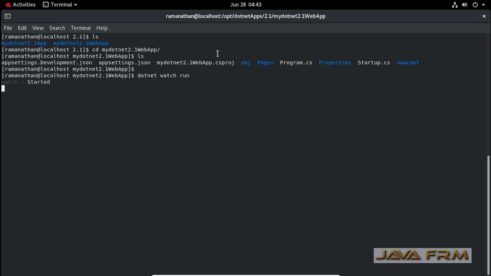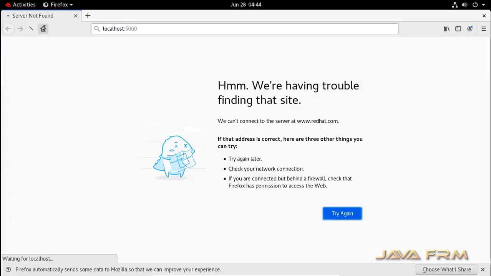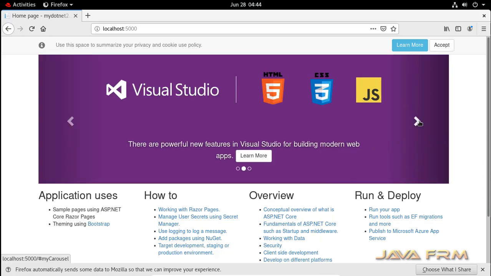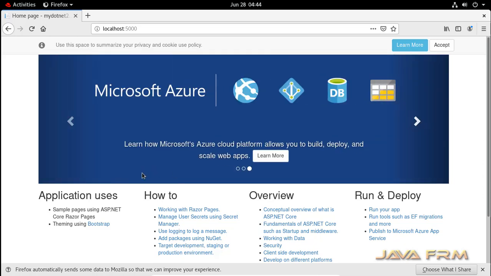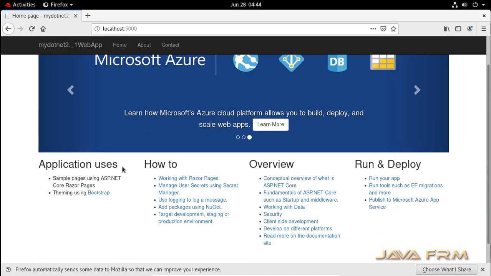So internally .NET Core has a web server, so that will run this ASP.NET Core application. So I am opening the browser, typing localhost:5000. So this is the home page of the ASP.NET Core 2.1 web application which I have created.